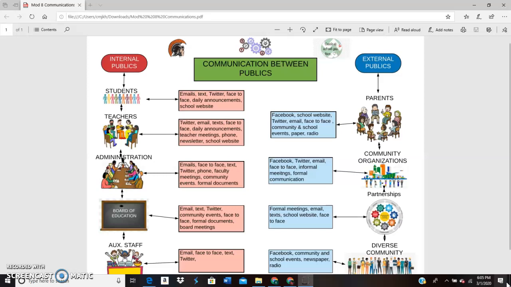Another thing that we've started doing, as I've said on another program, is we developed a coffee shop, and we don't really have formal names, but they're kind of coffee shop meetings where they bring in different facets of the community, and they'll just sit down and talk and visit. They may talk about the coffee shop. They may talk about what students really need to work on to go out into the job market, and that's another way that I feel we do a really good job of communicating with our public.